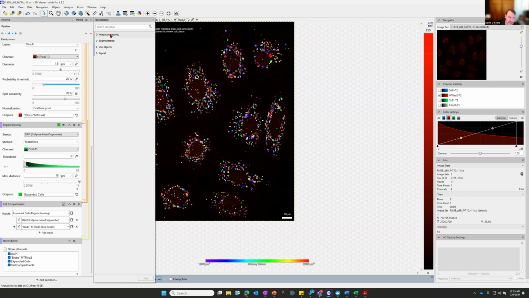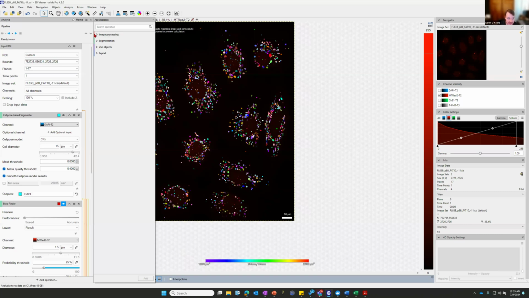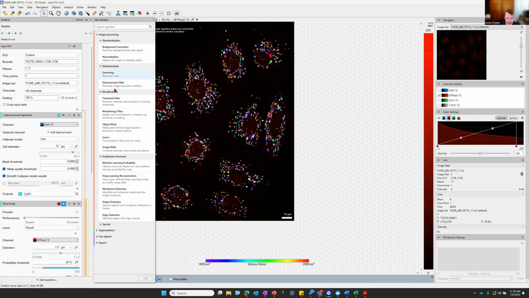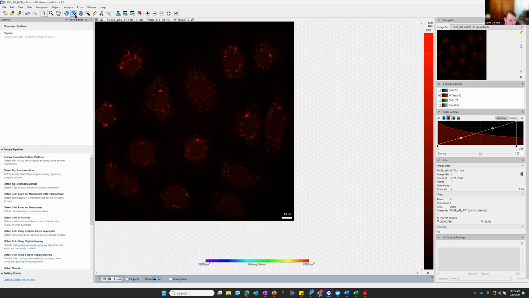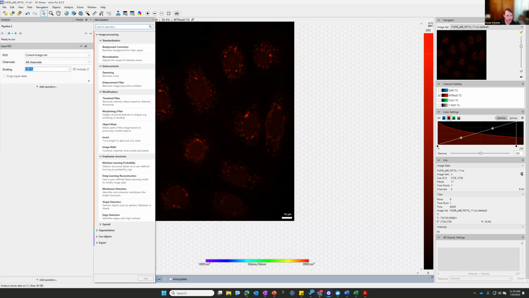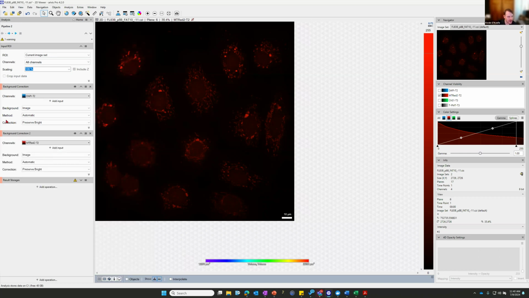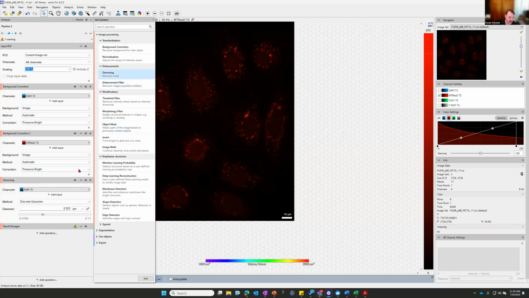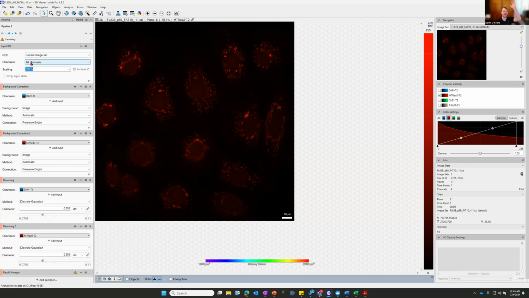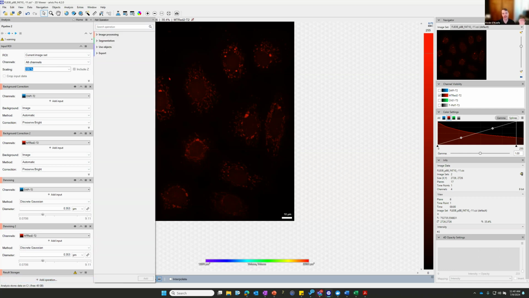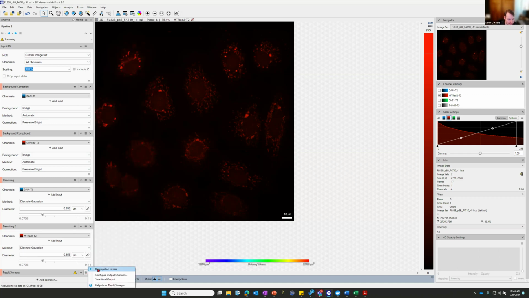For example, if you need to do image processing, so any sort of background correction, normalization, denoising, etc., you're going to do all of that first. So if I want to clean up my DAPI channel, then my Mito red channel, I'll start with a new pipeline. I'm going to first do a background correction on this channel, and a background correction on this red channel. And then I'm going to do a denoising on both of these. So we would run all of those pre-processing steps first. Once we run these steps, the pipeline is not going to let us revert back. And so you'll see that when I go and run it,